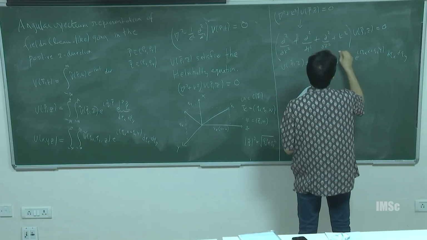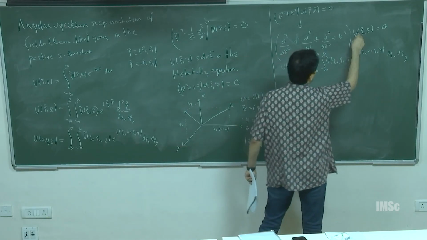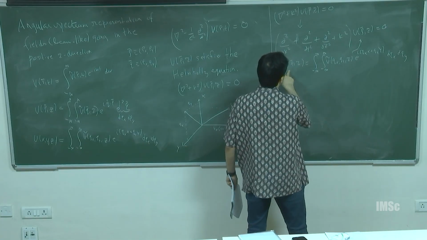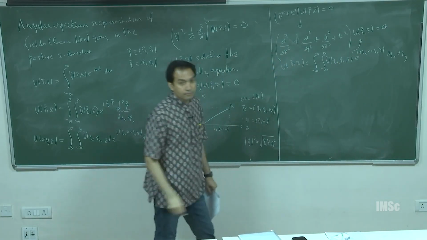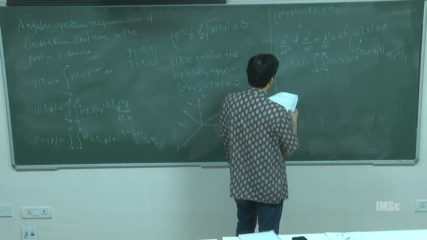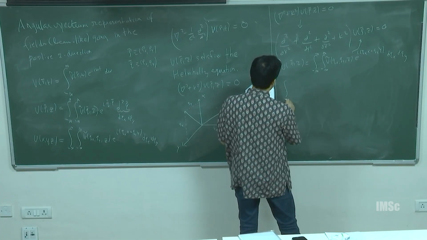So we just substitute the explicit form for u of rho z in terms of its spectrum in the Helmholtz equation. When we do that, we get